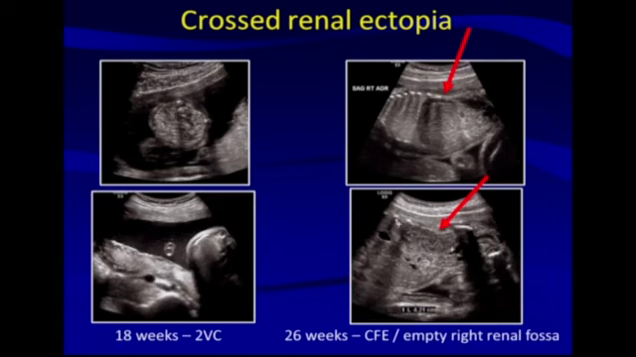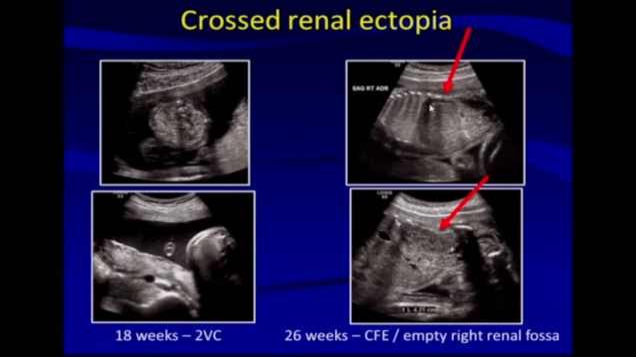And here we have another case of crossed renal ectopia. This case was not picked up at 18 weeks gestation. There was thought to be normal kidneys. It was difficult to say, but there was a two-vessel cord, and two-vessel cords can often be seen in the presence of genitourinary abnormalities. The patient was brought back at 26 weeks for a growth scan, and when you look